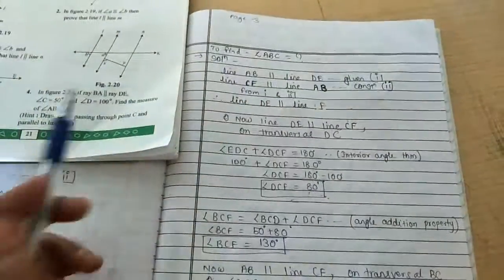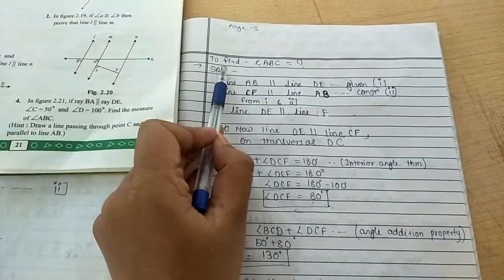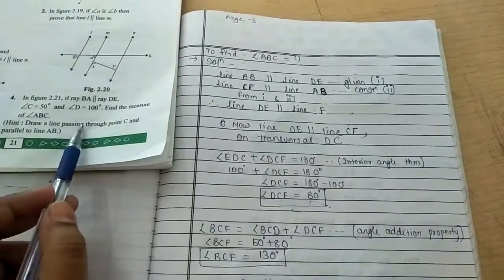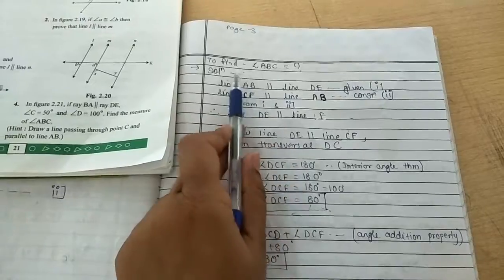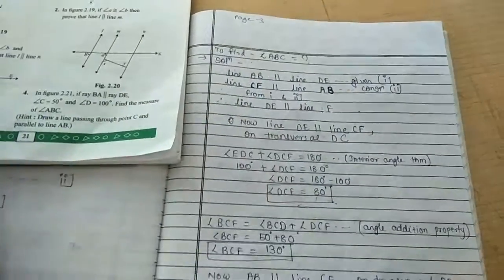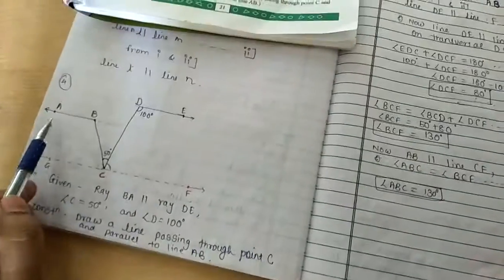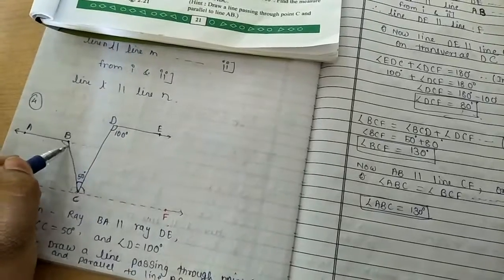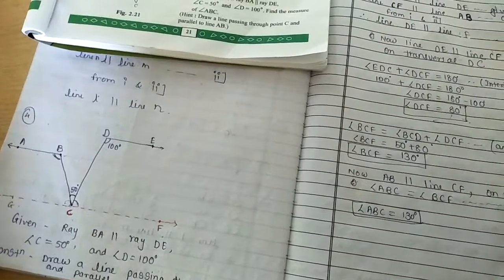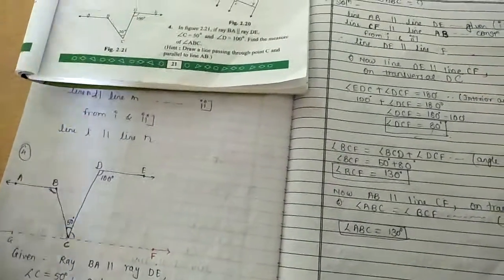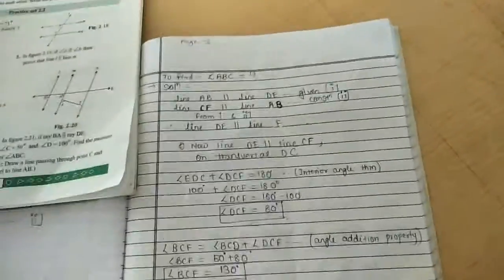If it is a proof question, we will write down here to prove. Now here it is given to find. So what we have to find out is this angle ABC, which angle? See, angle ABC means this angle, this angle we have to find out, that angle measurement. So here first we start the solution.